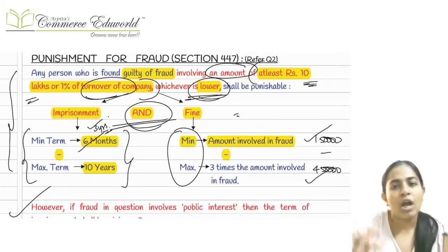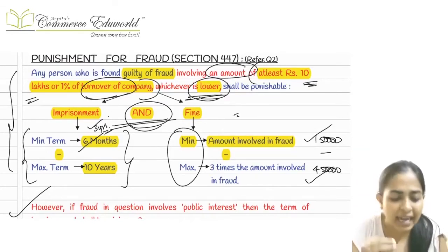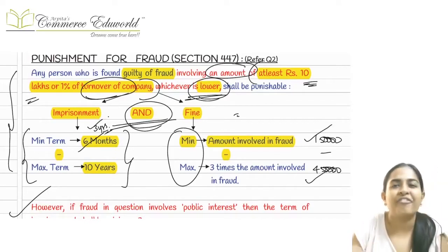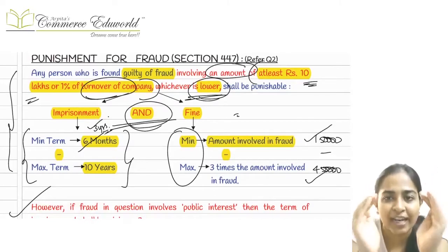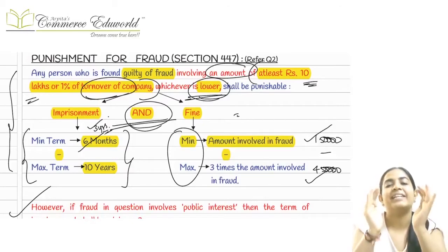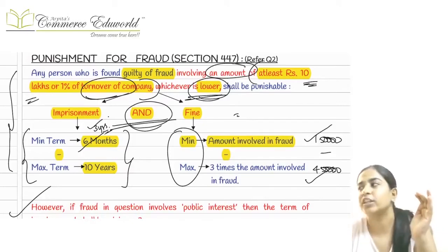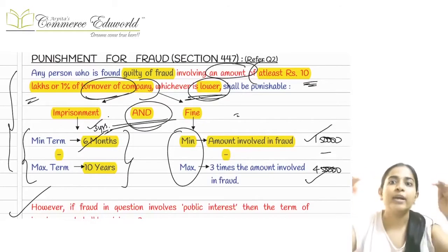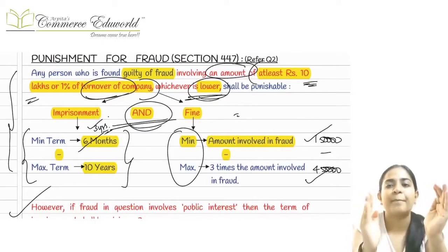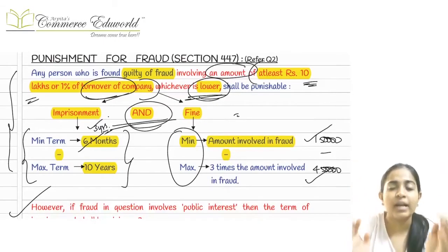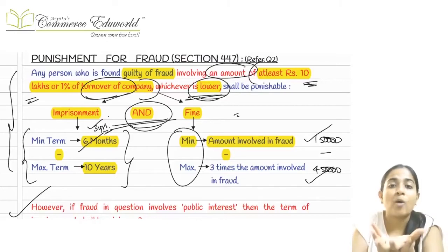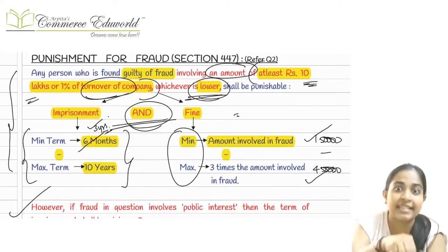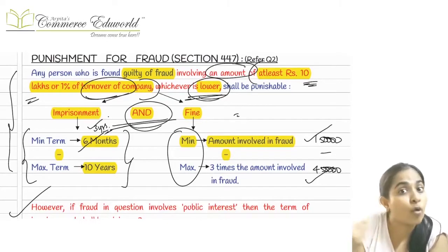If any person is involved in a fraud of at least a particular limit, how much is that limit? At least rupees 10 lakhs or 1% of the turnover of the company, whichever is lower. This is my limit. If the amount involved in the fraud is at least this much or more than this,